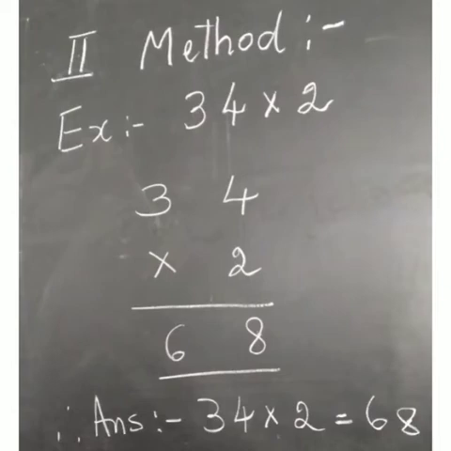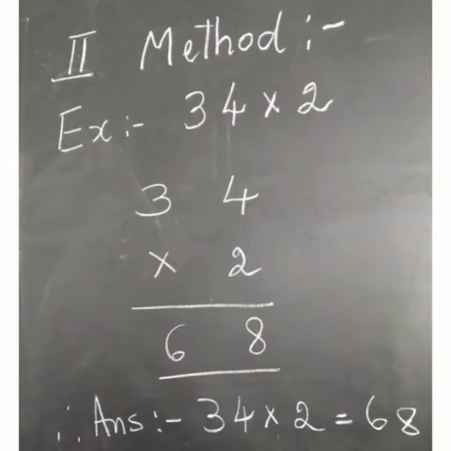Now first you have to multiply ones. So in 34, the number in the ones place is 4, and in the second row it is 2. Only one digit is there. So 2 4s are 8. Then go to the tens place. 2 3s are 6. So your answer will be 68. It is very easy. Right?